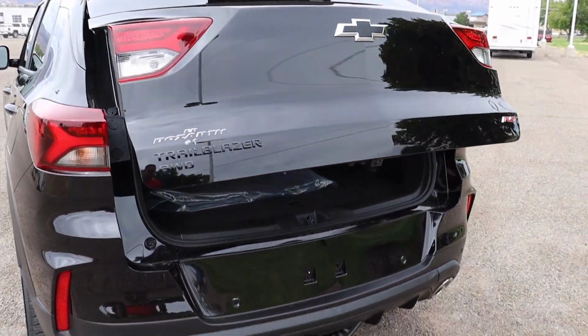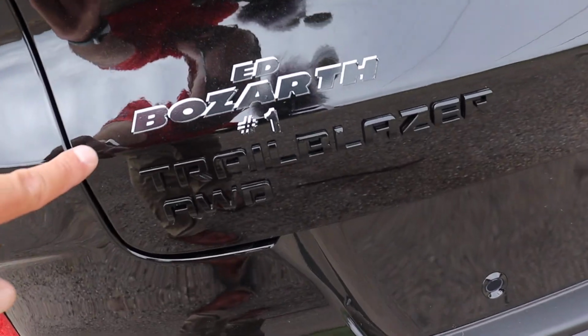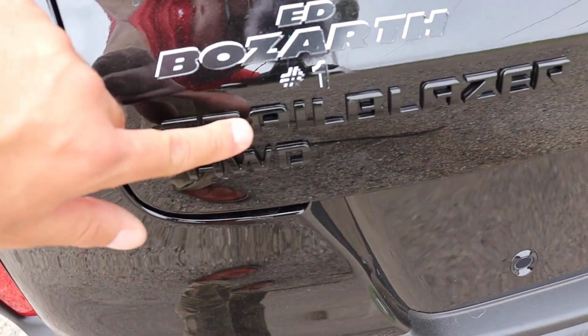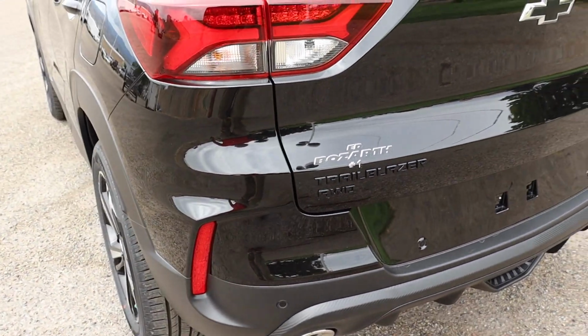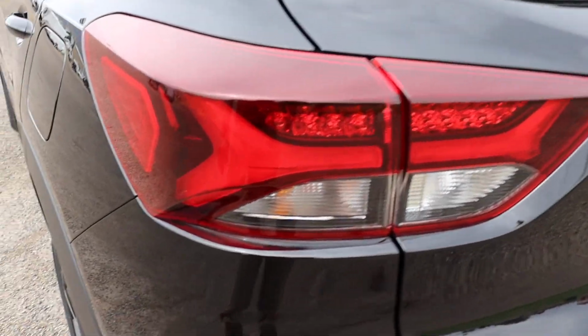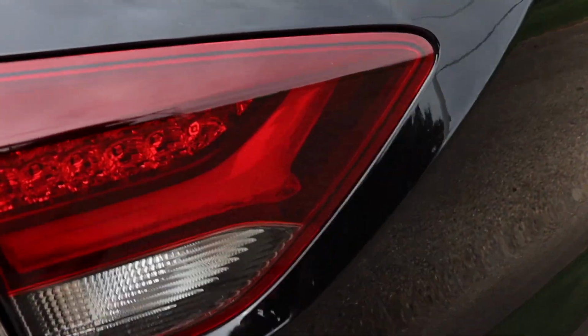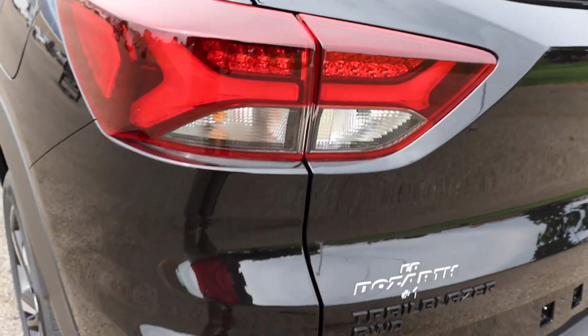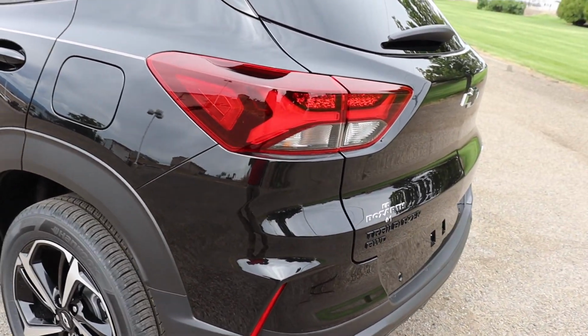Now this one in particular has a blacked out package, which is really neat, because if you start looking at the lettering here, other than the Beaux-Arts sticker right through there, you can have all of that blacked out, really giving it that nice clean look. Towards the rear, you're going to see right through here the nice LED lighting. What I like about LED is it's much brighter, faster in response, so people can really see those brake lights